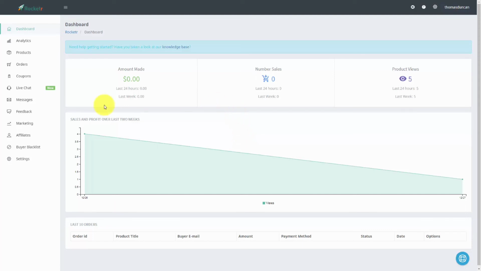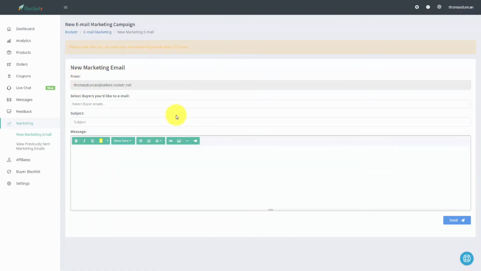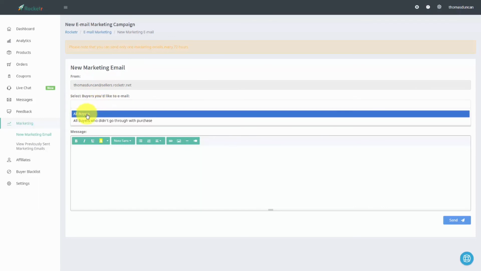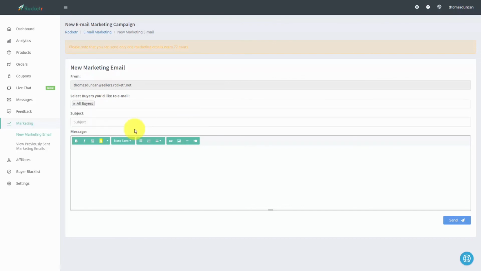Now in this video, we are actually going to be able to start doing email marketing with our client base and all of the customers that purchase through our Rocketer link. So in order to do that, we are going to go to this marketing link, and then we're going to click this link that says New Marketing Email. When we do that, we're actually going to come to a specific page, and we can actually select the buyers that we'd like to email. So for example, we can determine that we want to email all buyers or all buyers that did not go through with the purchase. We can write in a subject for our email,